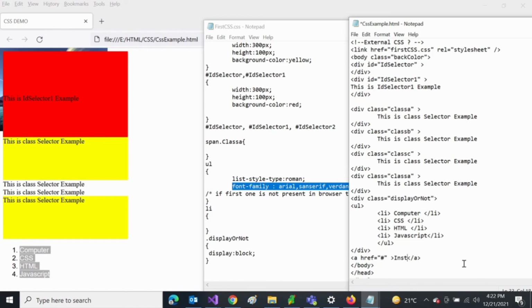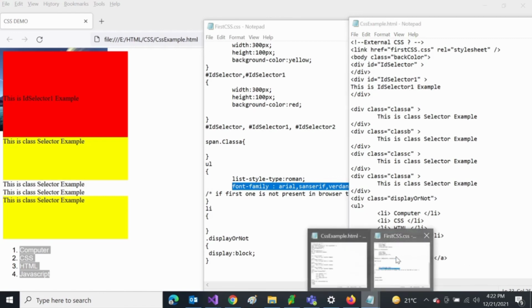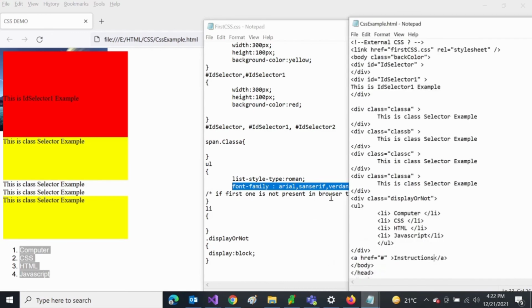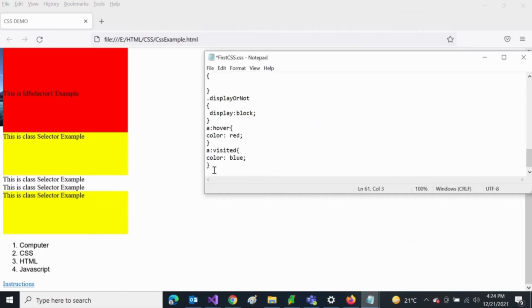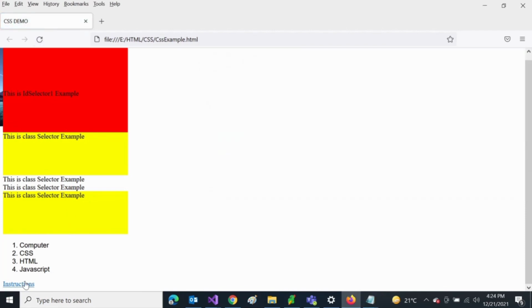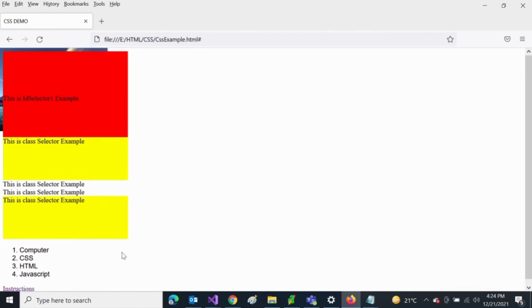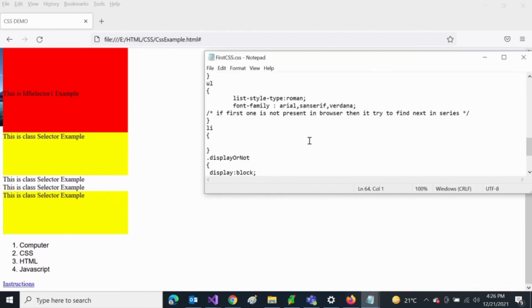Let's add the CSS a:hover and a:visited. Once you refresh it, if you hover over it, you can see another color, right? And if you have clicked it, meaning you have visited the site, then it will display some other color. So that is where you can apply the CSS.